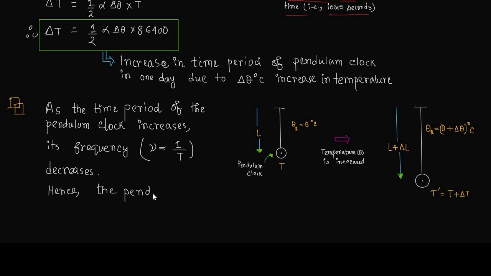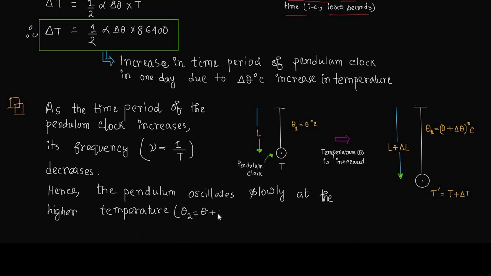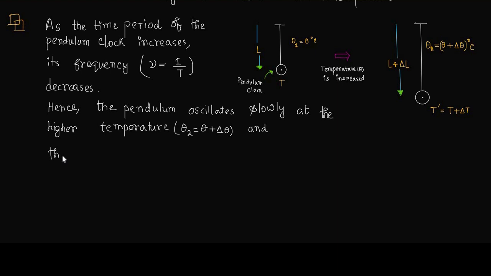Hence the pendulum oscillates slowly as compared to the normal temperature. The pendulum oscillates slowly at the higher temperature, theta 2 equal to theta plus delta theta, and the pendulum clock loses